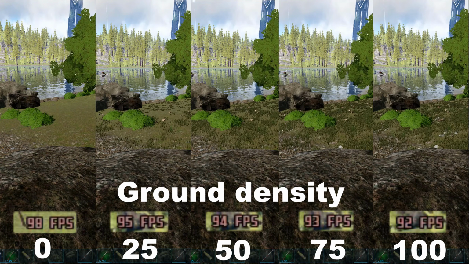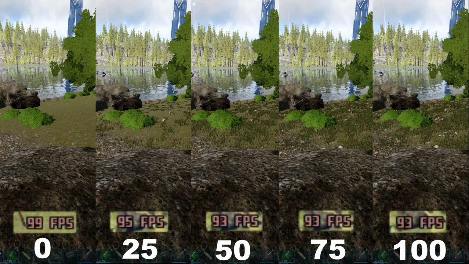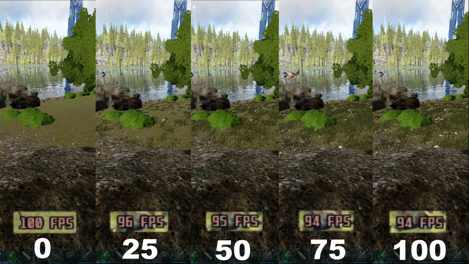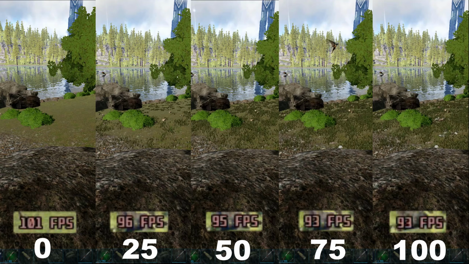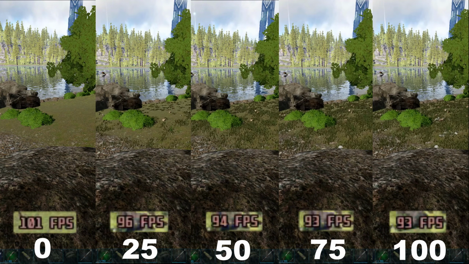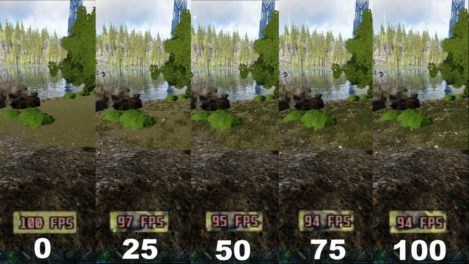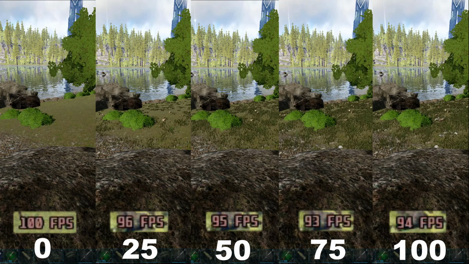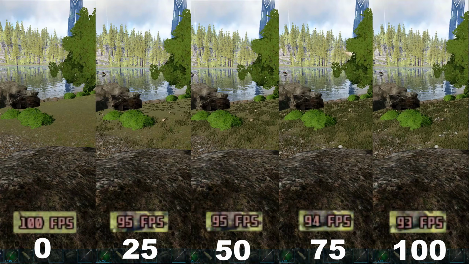After that, we'll take a look quickly at ground density. And ground density, unlike ground distance, doesn't change that much in terms of FPS. The setting basically changes how much grass is on the ground. And this I would probably recommend just putting up to 100, unless you really notice a difference in your gameplay. I would just leave it at 100, because then that together with the ground distance is going to mean that you have the most foliage on the ground that you can while running around, without taxing your graphics card too much and without losing too many frames.